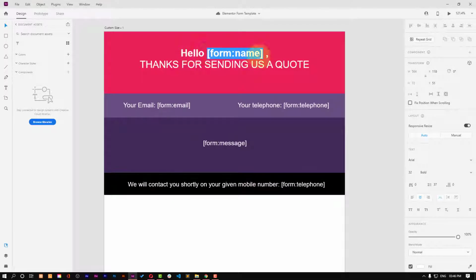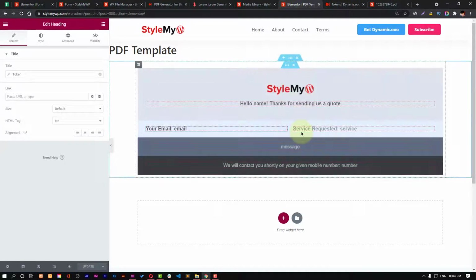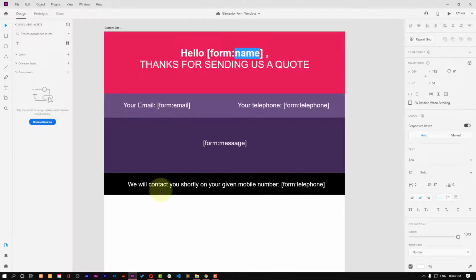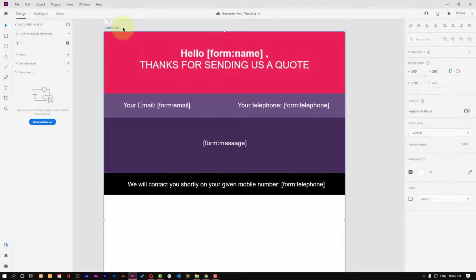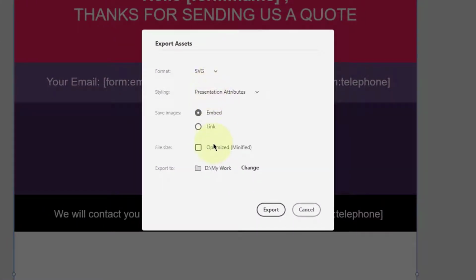So I have used hello, form name, thanks for sending us a code, name is my field ID for the name field, and email field, and telephone field, and message field. So it's the same as this template, right? So make sure in the template you use form tokens, and even in the SVG you have to use the tokens. Okay, once done, just render it in the SVG format and save it anywhere you want.